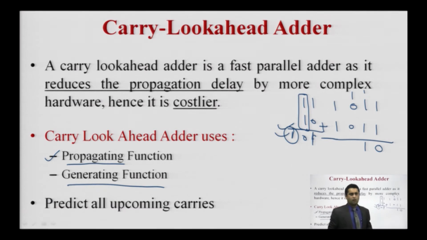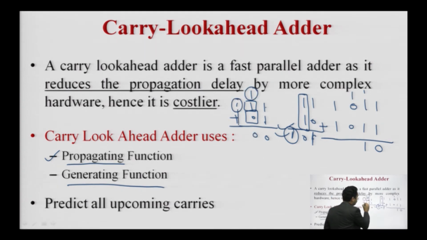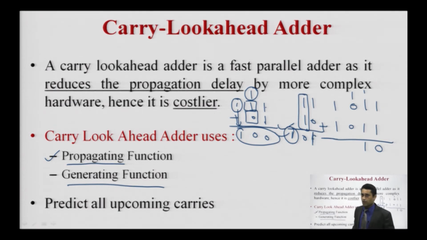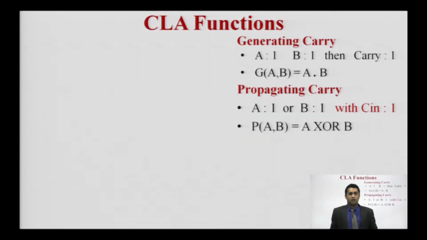The best example of this type of function is when we have a carry here and this is my value. So in this case, it is generating a carry, and the value A, the value B is not generating any carry, but the previous carry is making it propagate to the next level. So these are the two important functions to understand the concept of carry look ahead adder. So we are going to see this part in detail. To understand the concept, I have shown this part as generating carry and propagating carry.